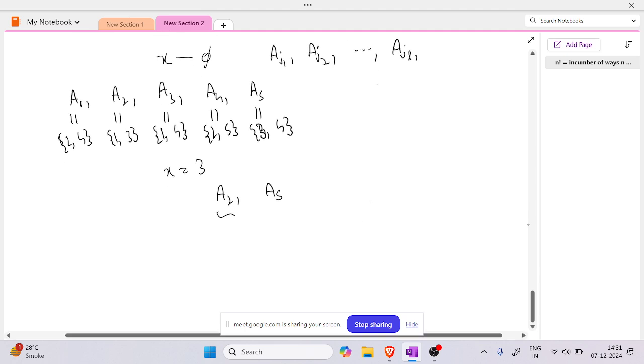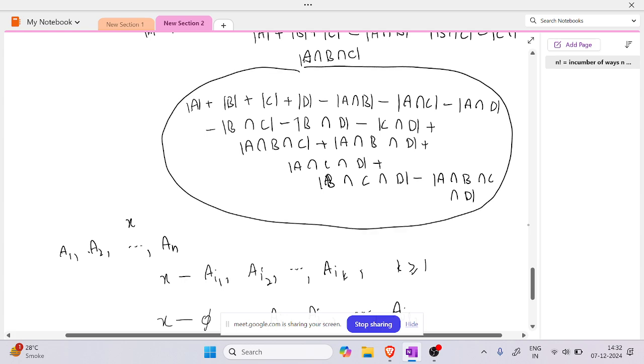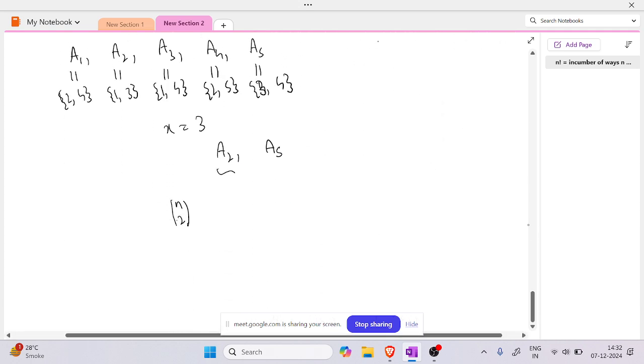So we basically need to show that, except the null set, as you can observe above from the n equals 4 case, whenever a subset has even cardinality, it gets subtracted, and whenever a subset has odd cardinality, it gets added. So basically,